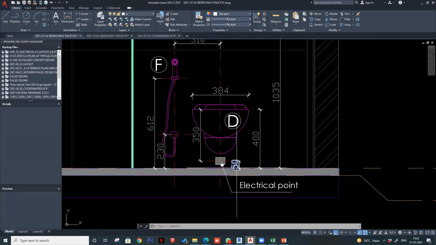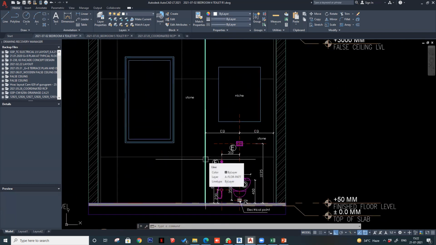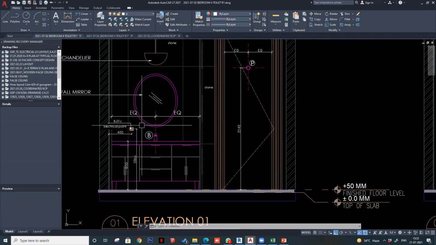So you need to mention these electrical points as well in your elevations, and it is always better if you also draw out your lighting points in your elevations, so that will make your elevations complete, obviously. Abhi in these drawings, the lighting points are not mentioned, but you should do it. You should check all your electrical lighting drawings you have received from the MEP people, whatever is the final approved or whatever is the latest going on, all the PowerPoints. So basically these only, lighting and PowerPoints, and you should draft these out on all elevations.